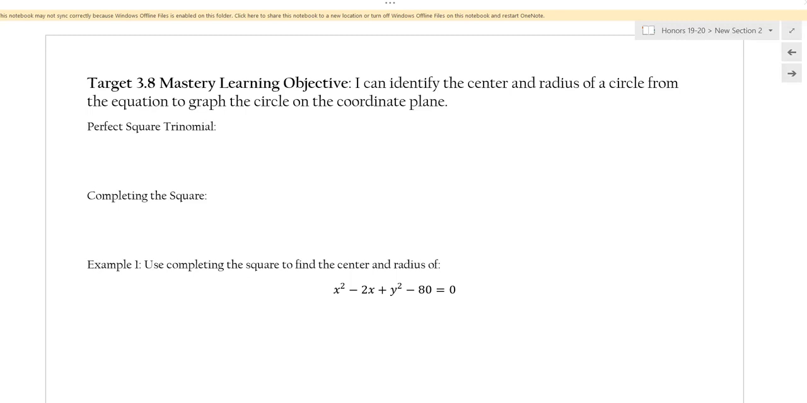We're now looking at target 3.8 Mastery Learning Objective. I can identify the center and radius of a circle from the equation to graph the circle on a coordinate plane. Okay. So yesterday we looked at